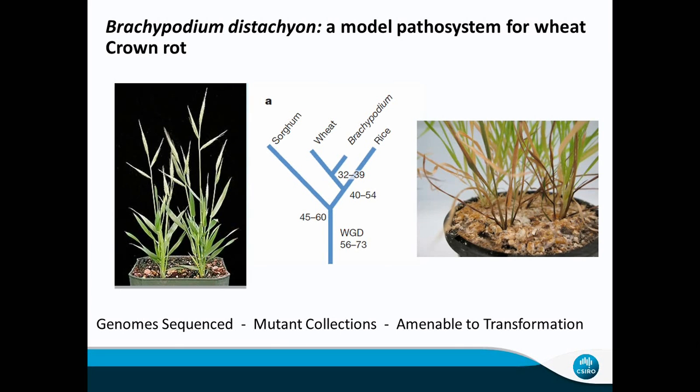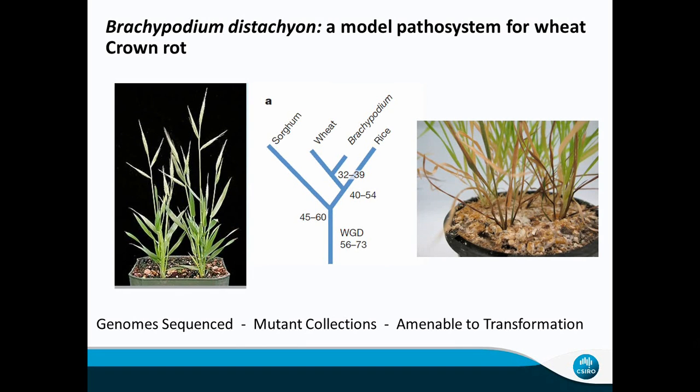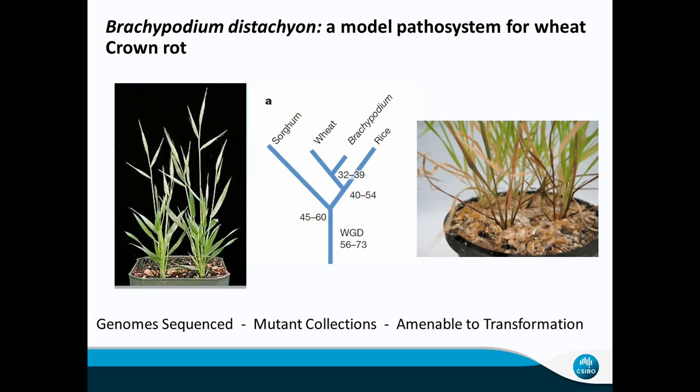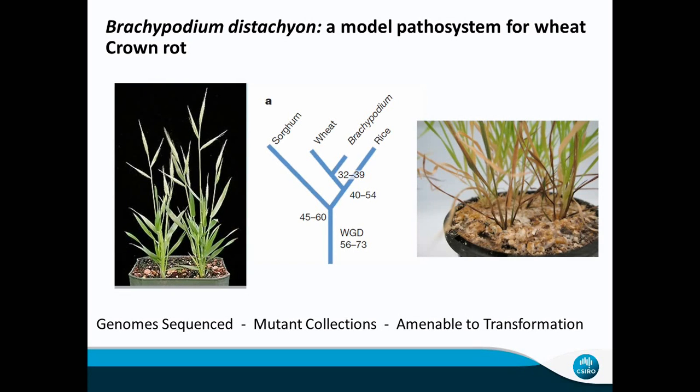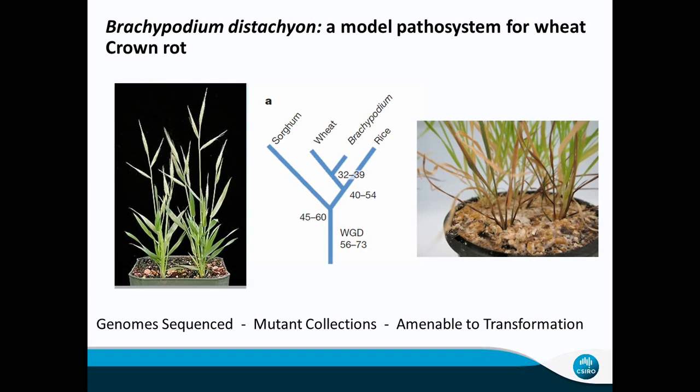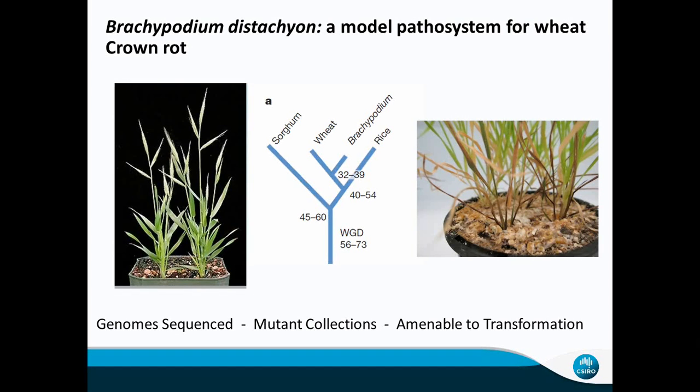The last topic that I will briefly cover is the use of Brachypodium as a model for the Fusarium crown rot interaction. This work was undertaken by Jonathan Powell, a PhD student in CSIRO. Obviously, this plant is quite related to wheat, and due to obvious reasons, the genome has been sequenced completely, and there are a number of mutants available. It's a diploid plant. We thought we can start using this system as a model for Fusarium crown rot interaction